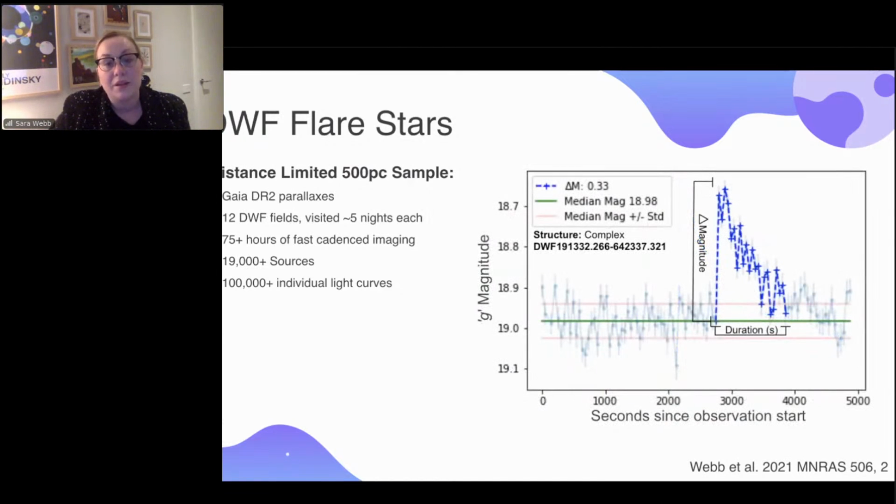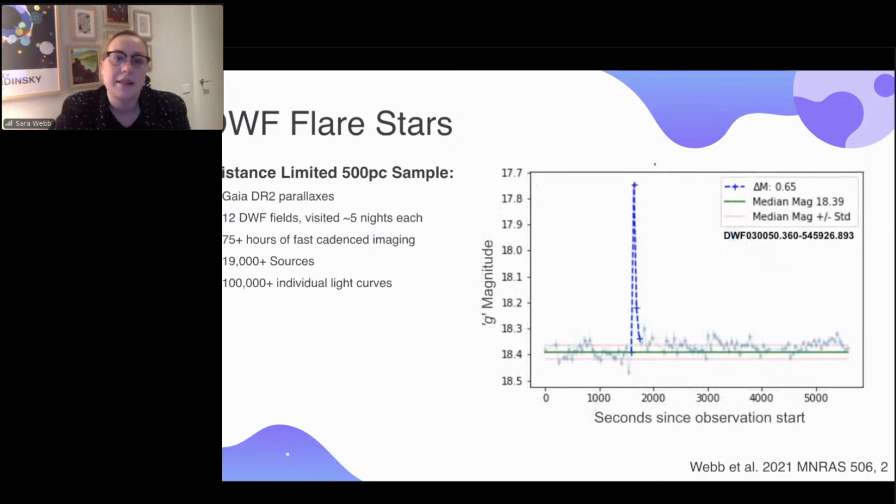This would be another example of a flare that is a more complex flare. So we don't see a smooth decline, but we see a rather bumpy decline. And one of the current theories for why we see complex flares is actually a range of flares bursting at very similar times, and we're seeing new flares adding to this temporal evolution of the light curve. And then this is an example of a very short duration flare. So really you blink and you miss it, but they can release significant amounts of energy. So that's the type of flares that we were looking at in this study.